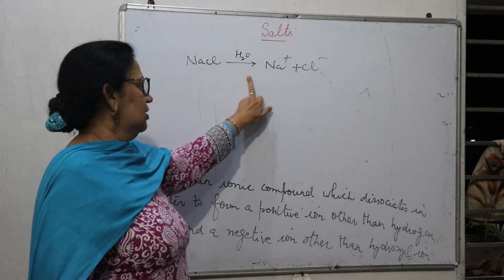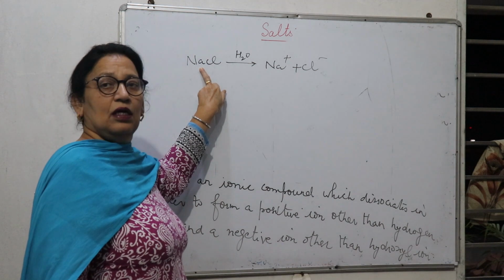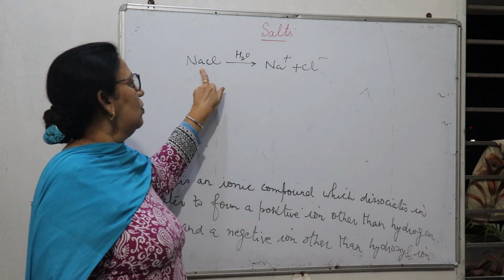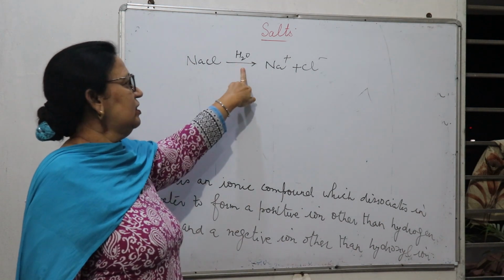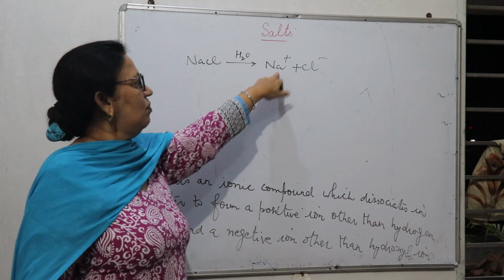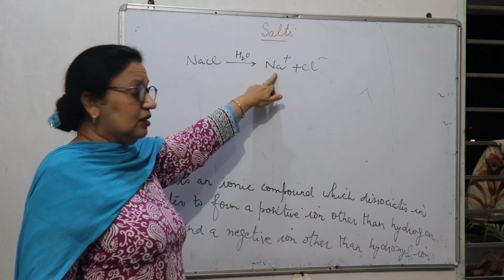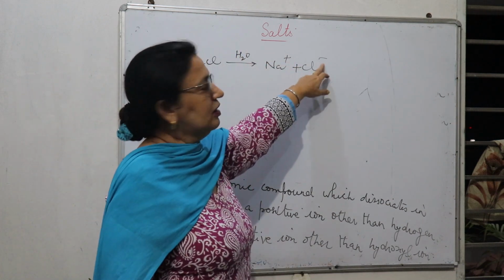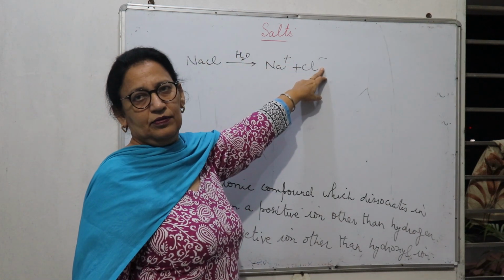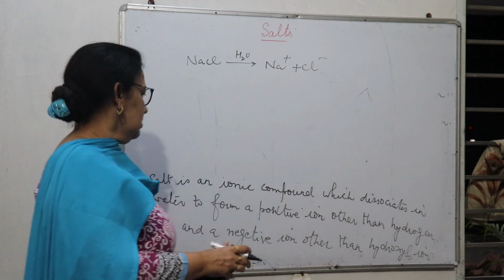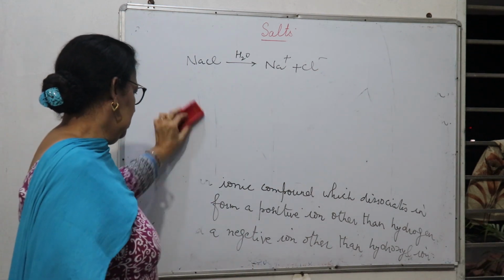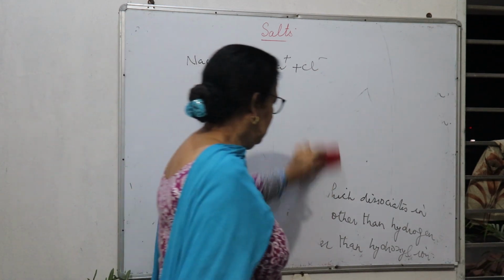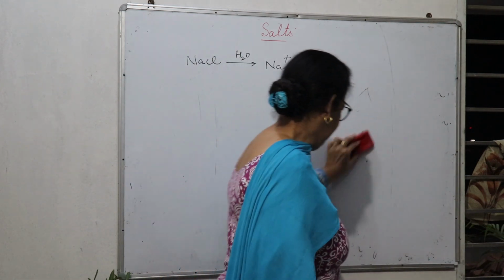So according to this, a salt is an ionic compound which dissociates in water to form a positive ion other than hydrogen ion and negative ion other than hydroxyl ion. So this is the second definition for the salt, and third one is